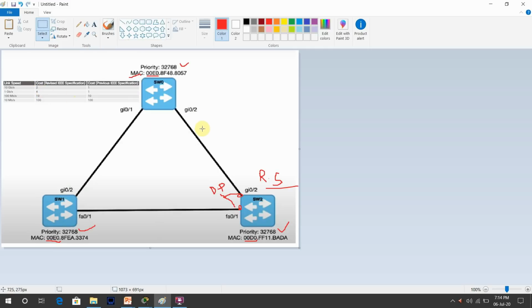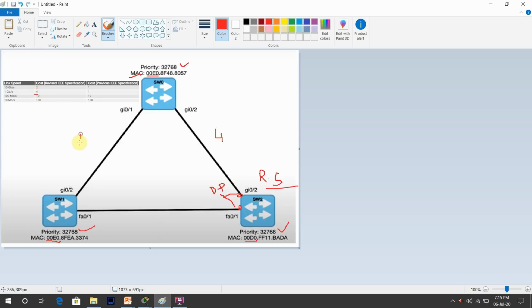So how much is the cost for this link? Sorry, let me take the pen. What is the cost of the link? This is 4. What is the cost of the link here? Gigabit, because the link between switch 1 and switch 0 is again gigabit, and the cost is 4.